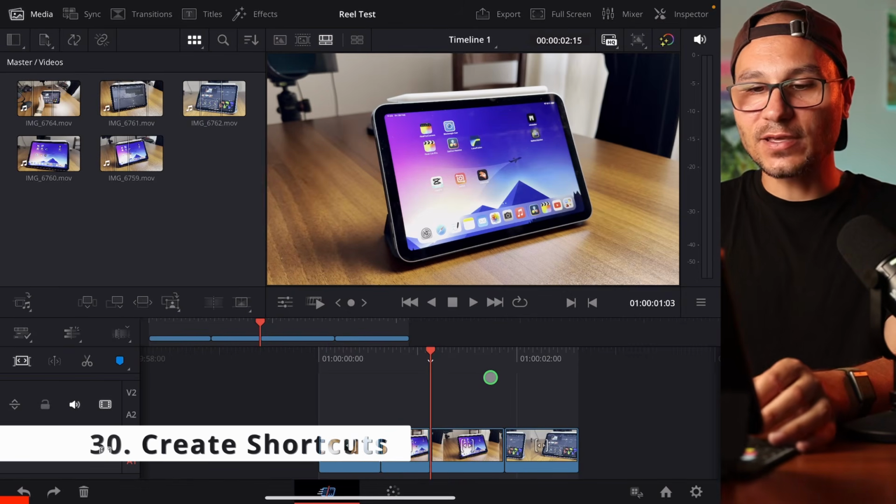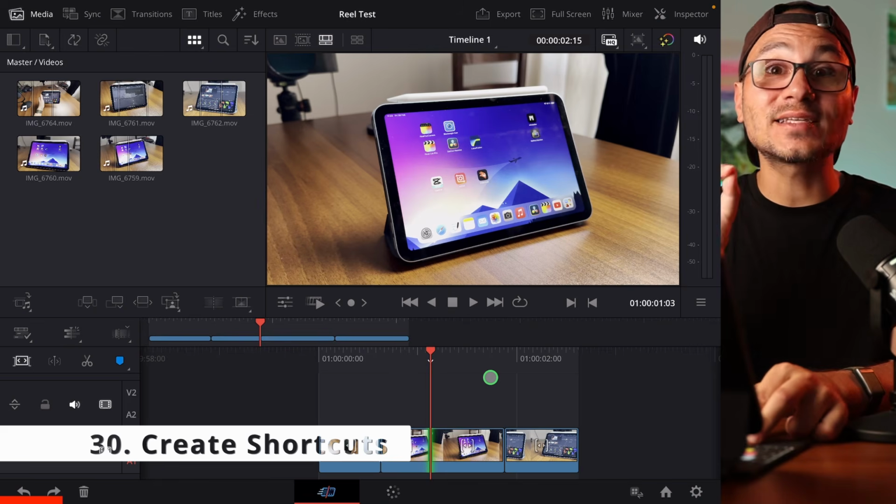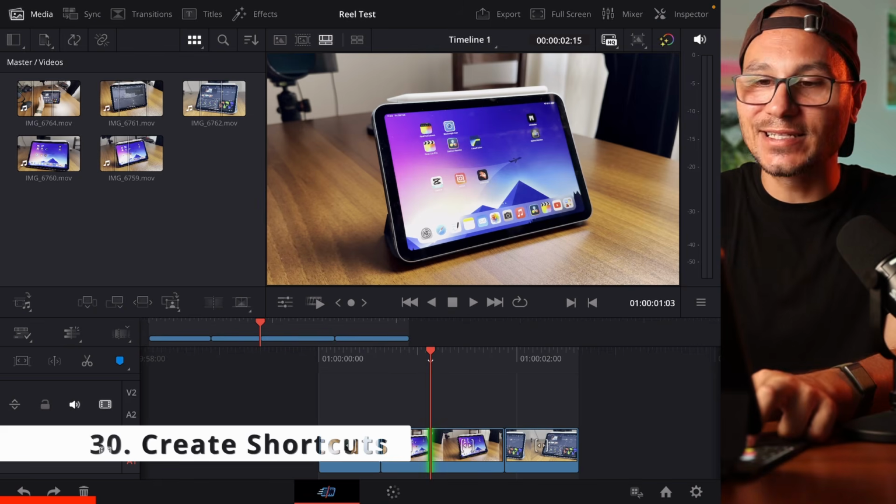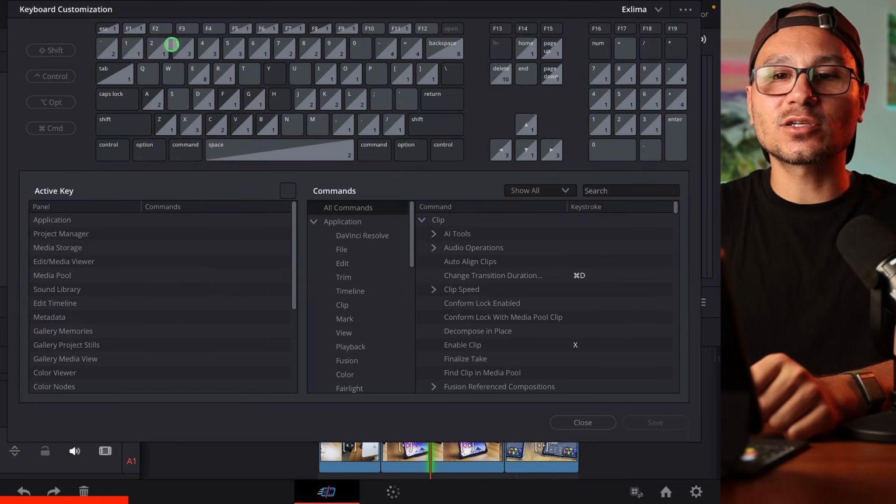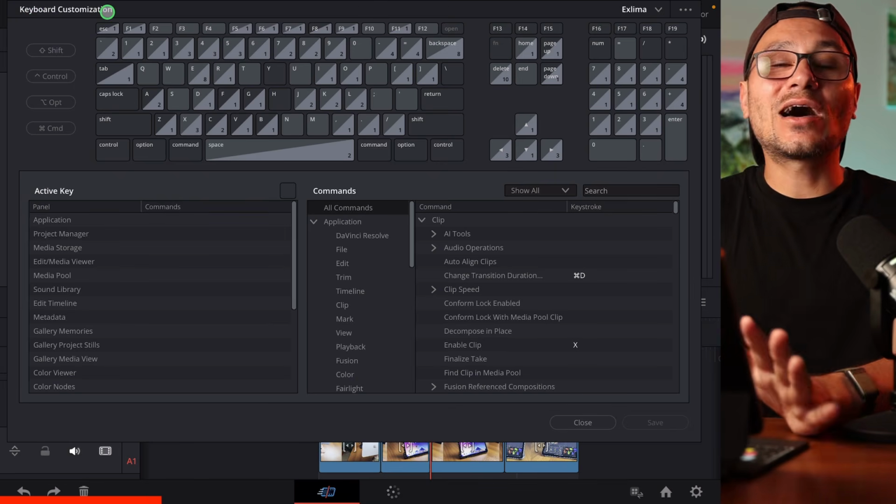That's why I like the Magic Keyboard, but this works with any Bluetooth keyboard. And how can you set this up? If you have a keyboard and you press and hold Option, Command, and K, then the keyboard shortcuts customization window will open up. And now you can give